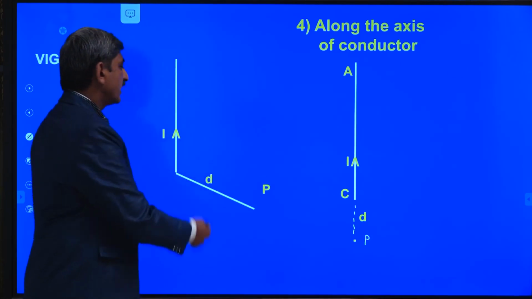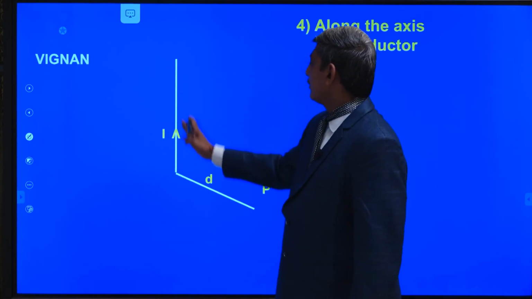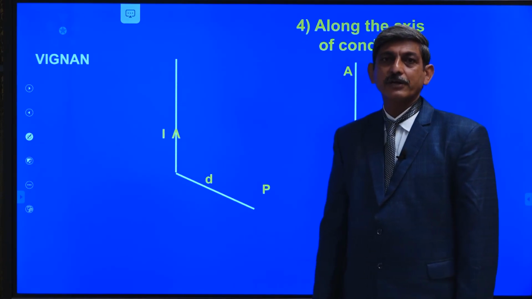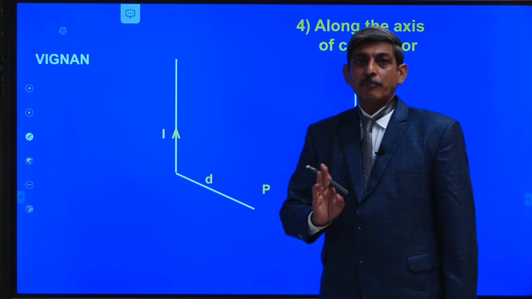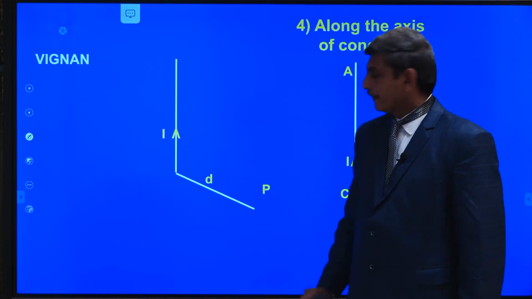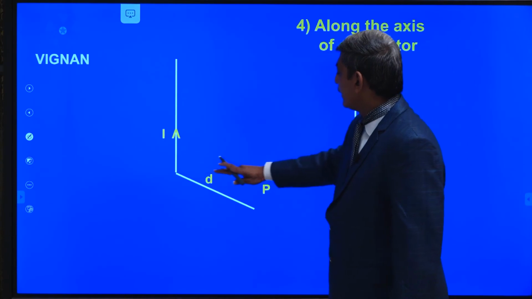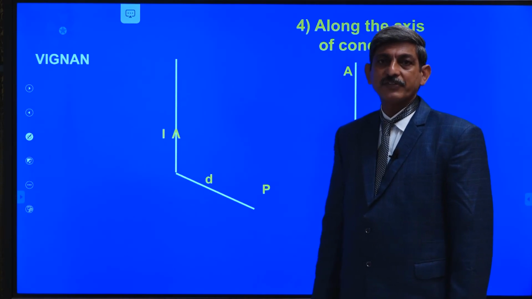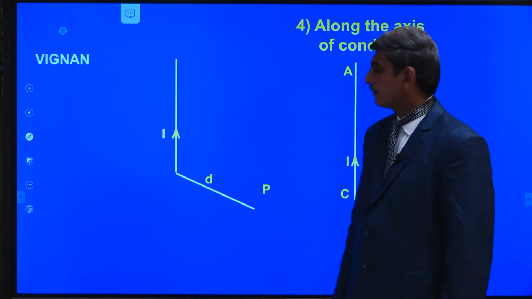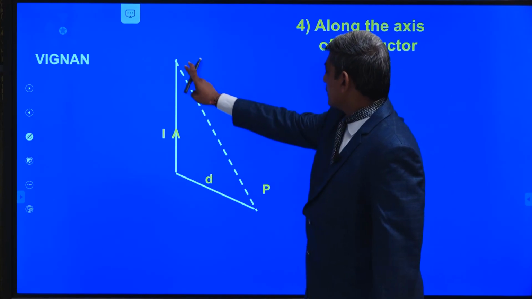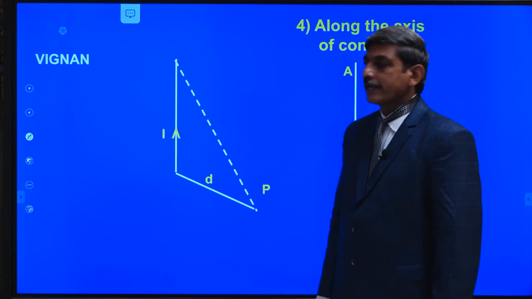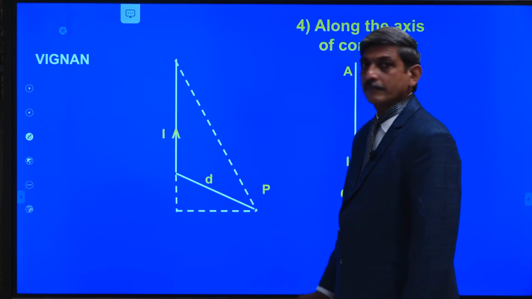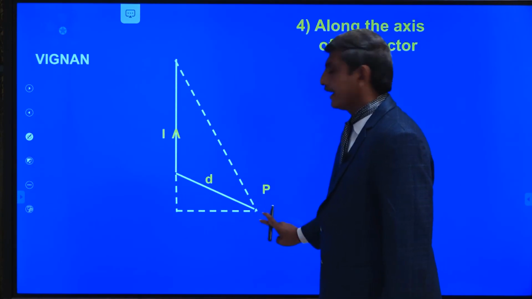Now come to another case where we have a finite wire but the point P is located like this. In this case, d is given, but d is not the perpendicular distance. The point is not exactly located perpendicular to the bottom end. It is located somewhere below the bottom end of the wire. Suppose this point P is elevated by making some angle. Now let us extend the wire and draw a perpendicular line like this.